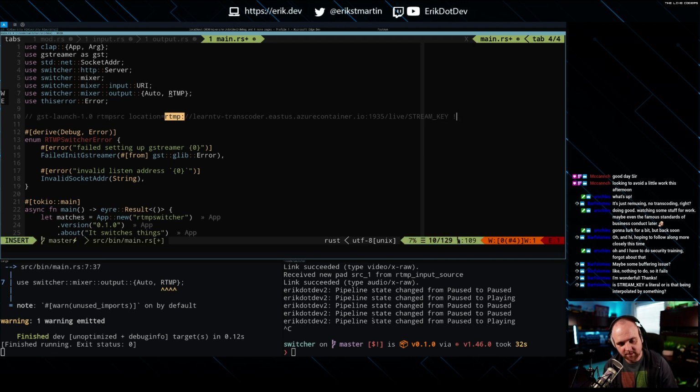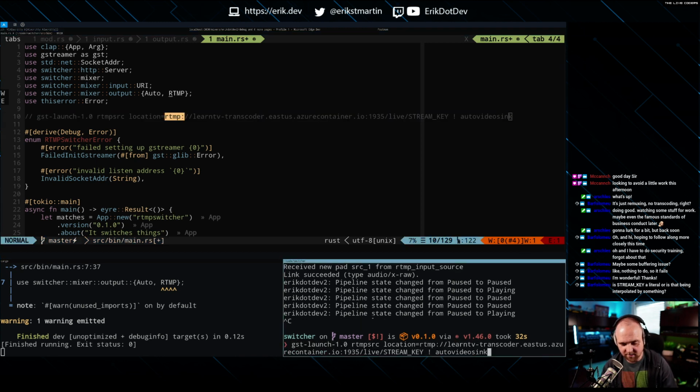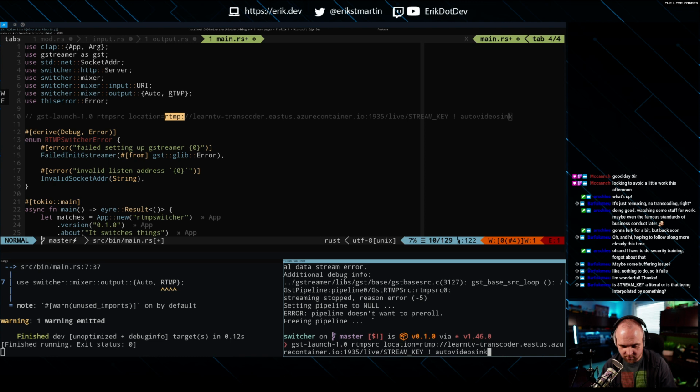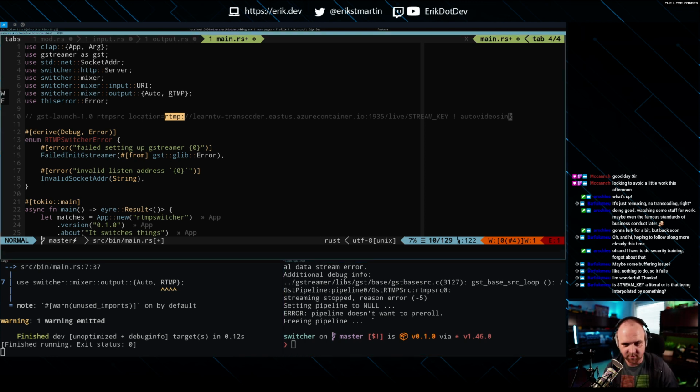And then we're going to take that input. Are we going to need to convert it? We might need to convert it. But the idea would hopefully be to send it to an auto video sink, right? And see whether that works, right? We might need to do a bunch of stuff, but pipeline doesn't want to reroll. I don't know. Maybe we should do that. We can throw all of the code away if we don't use it, but